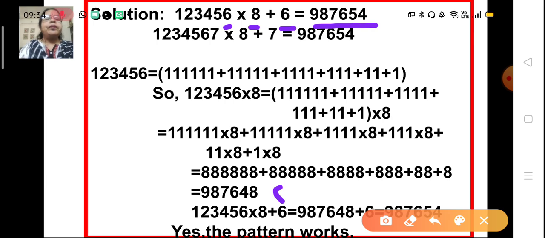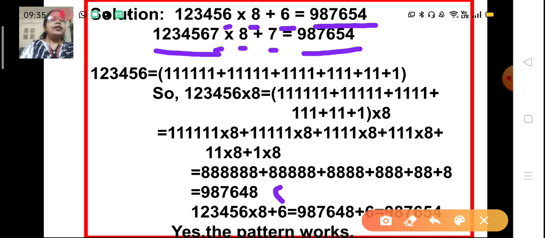And the next step will be 1 2 3 4 5 6 7. That means 12,34,567. We have increased the number by one digit, the next consecutive number, isn't it? And then multiply it with 8, and the number to be added again is 7, isn't it? And what is the answer that we will get? It should be 9876543, all right. So add 3 here. Okay. So this is the answer that we get.